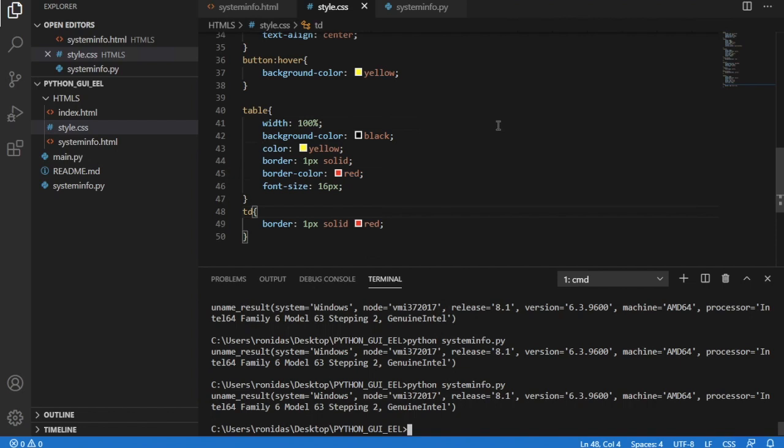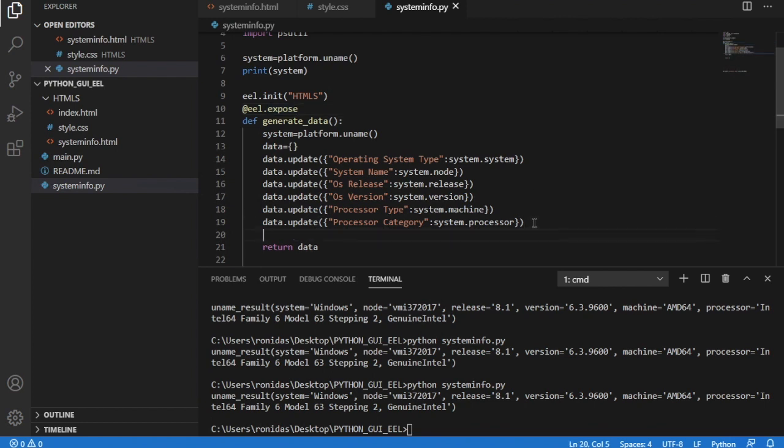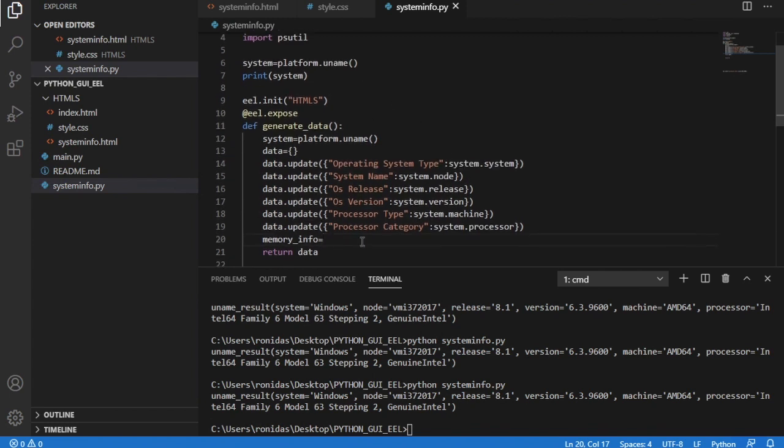Okay, so go to our file here. Okay, so let's create memory_info. So memory info we'll get from psutil. So psutil, you can write psutil. If you want to know more about this, you can just go ahead and see the documentation for this. So we have something called